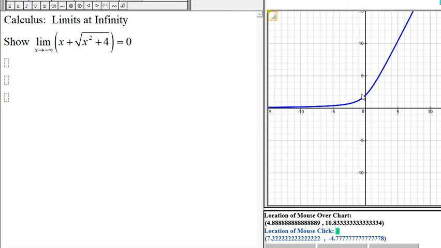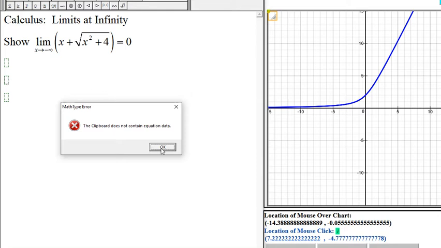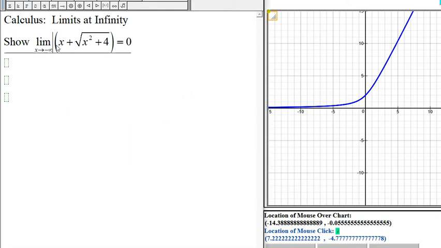And we can see from the graph that as x goes to the left side, as x gets larger and larger in the negative direction, meaning x goes to negative infinity, then we can see that the y will get closer and closer and closer to 0. But how do we show that? And so for something like this, then